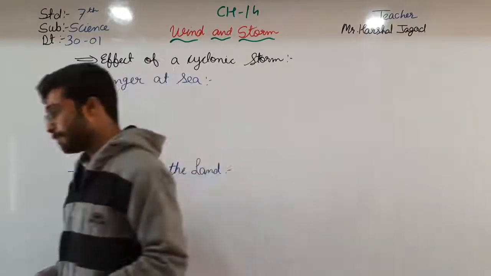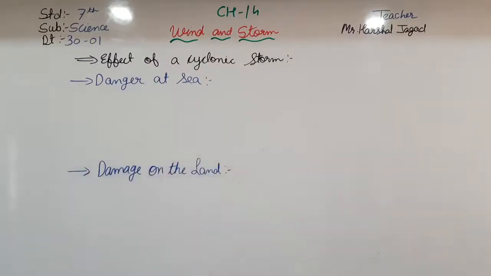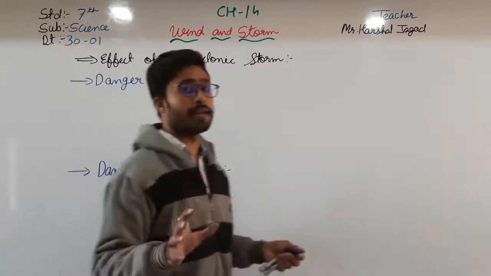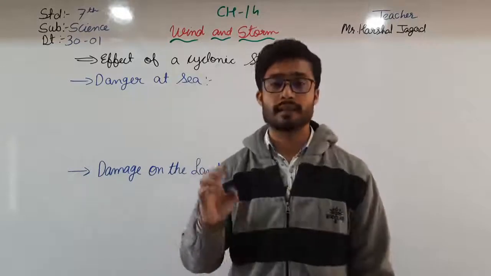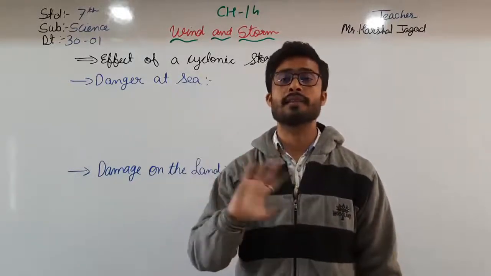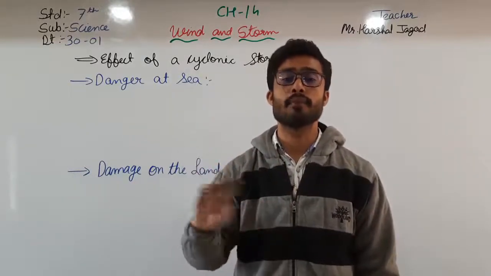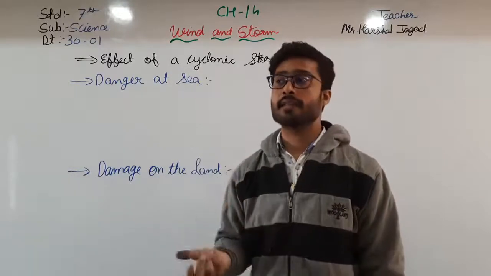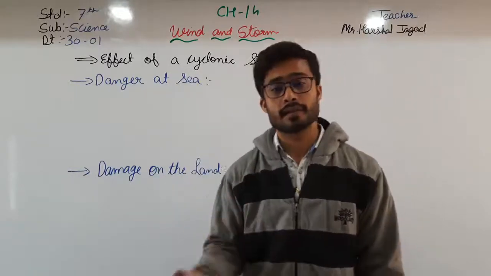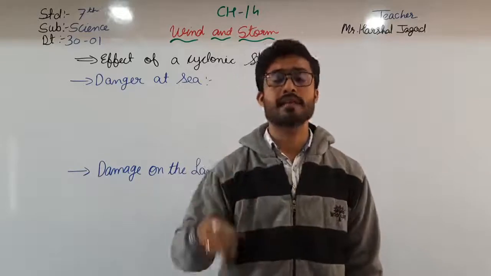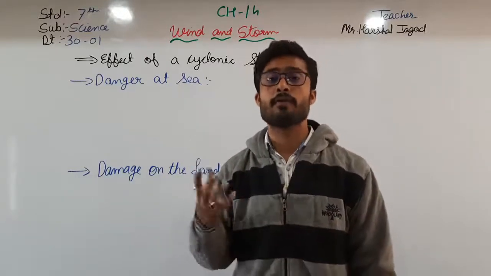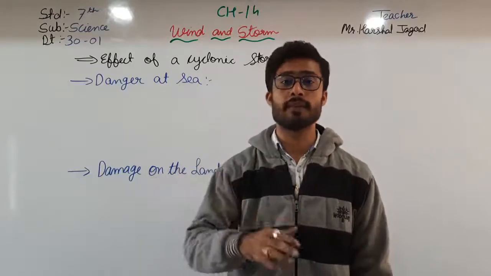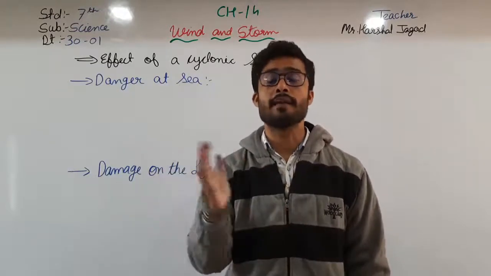Okay, here on the land what happens? It depends on the category in which the cyclone is. If it is first, then it can only damage the trees and the poles. But if it is category 5, then it blows out and uproots all the trees and also uproots all the poles. And what happens? It can hit some human beings or some buildings and damage them also.